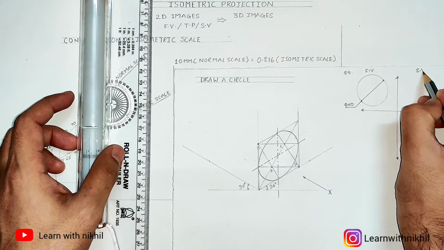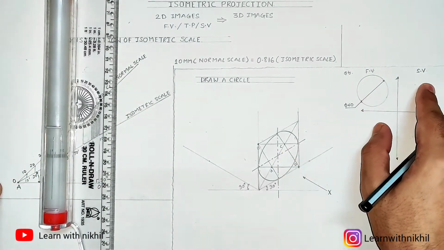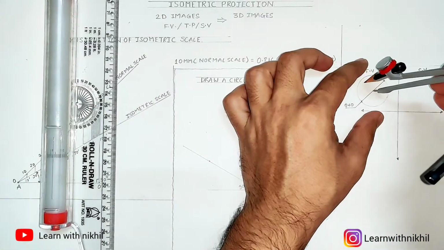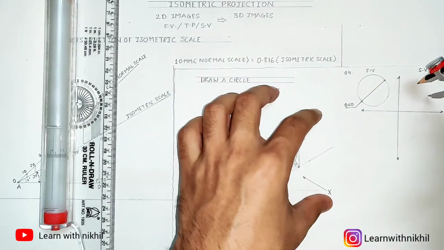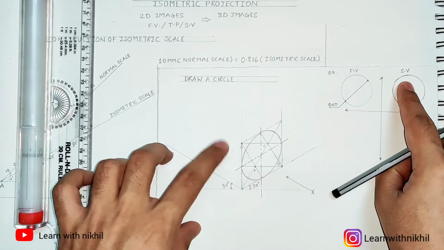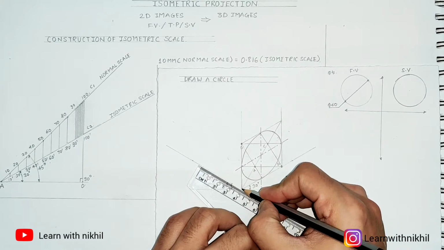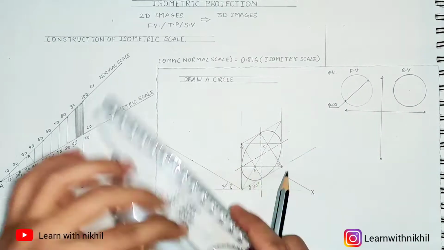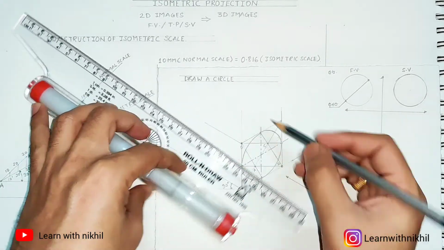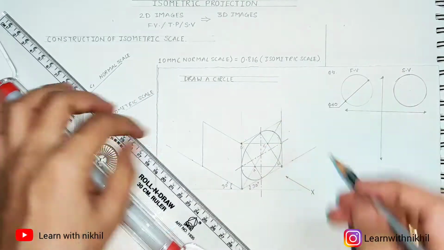Now this was for the front view. Now if you want to draw the circle in the side view, same procedure you have to follow, for the side view or for the top view as well. Now for the side view, same procedure. We will draw a square on the side view side of side 40 mm. So drawing the square, draw the light square, taking parallel to the straight line. So here we have drawn the square.